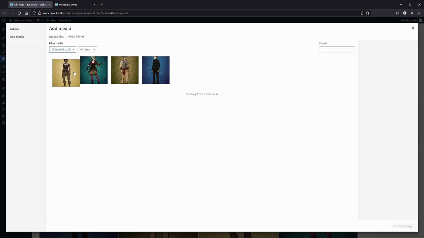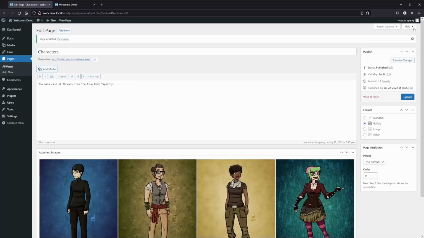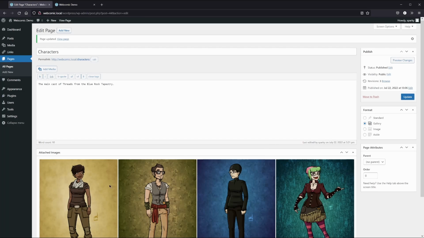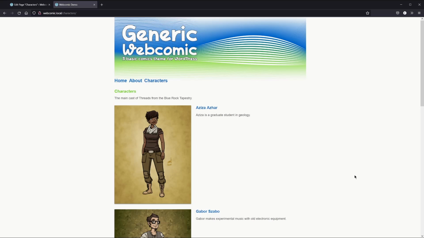Now, just drag the images to the position you want them in. Close the window with the X, click Update, and presto, rearranged. On the front end, a quick refresh, and as you can see, rearranged here too.